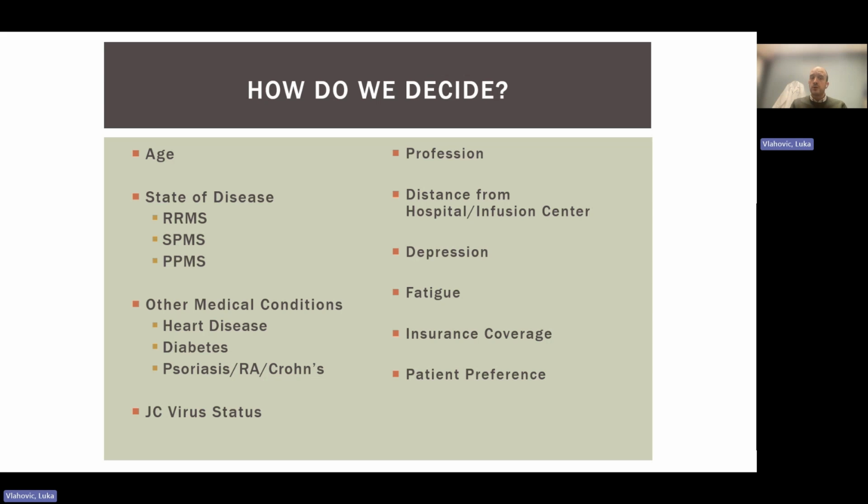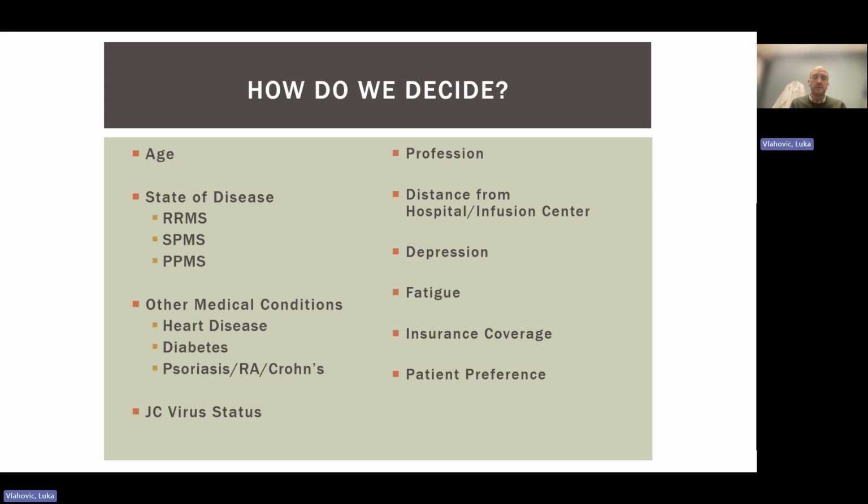I didn't mention that for primary progressive MS, the phenotype with only gradually worsening symptoms since the beginning, only ocrelizumab or Ocrevus infusion is approved. While with the other two phenotypes, we have many more available options,